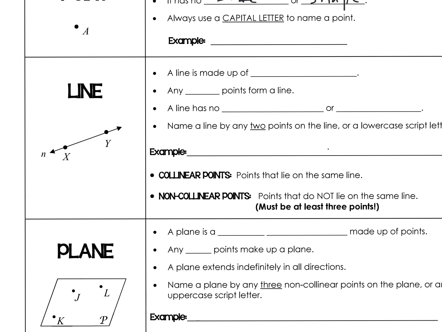Example, point A. All right, so then we have a line, and a line is made up of multiple points. Any 2 points, so you must have 2 points to form a line. A line has no thickness or width,